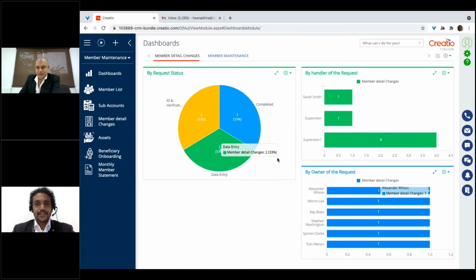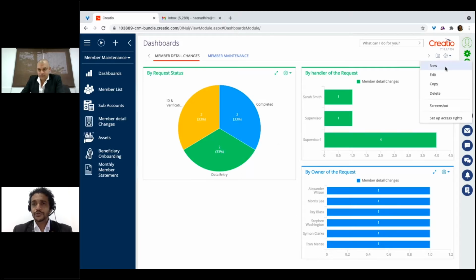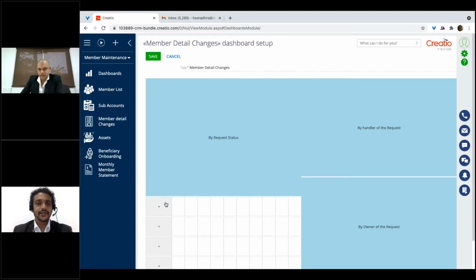So what you're seeing is a dashboard which contains KPIs of the member requests, or requests for changing members' information. Certain requests are in the ID and verification stage, 2 requests have been completed, and 2 requests are in the data entry stage. And let me quickly show you how easily you can add another dashboard or a